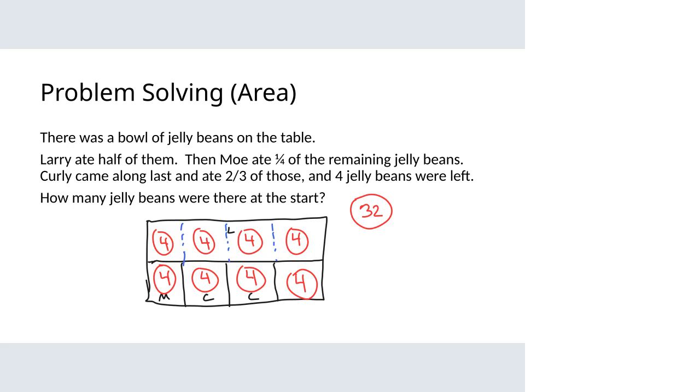There were 32 jelly beans at the start. Larry ate 16, Mo ate 4, and Curly ate 8. And we can see that when we look at our diagram. That is a really valuable tool that we have when using the area model to solve problems. You'll see some like that in your homework for sure. Okay, so this is our